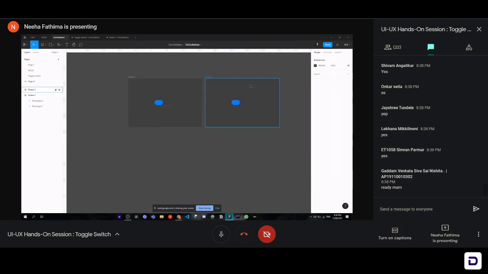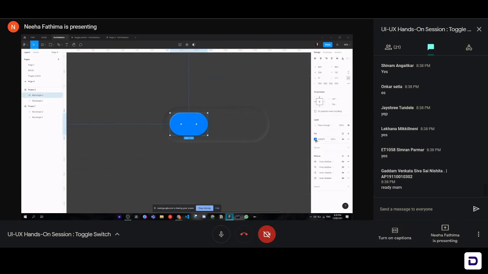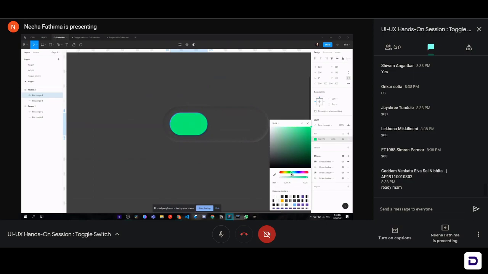Okay, so we'll click Alt and drag, and now we'll name this frame 2. Okay, we've got a frame 2 now. Now all we need to do is zoom in a little bit, change the color of this little button. So again, we will use it from our little available color wheel over here, and maybe go a little darker.